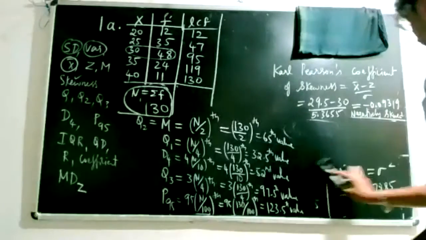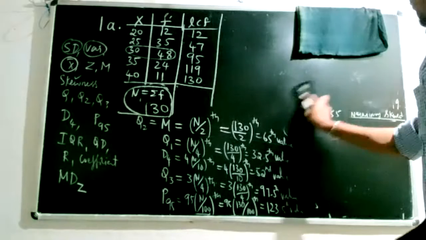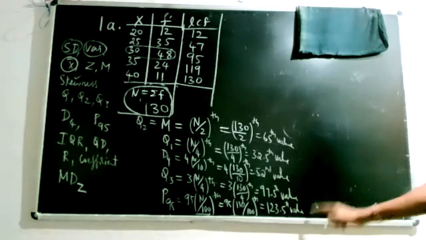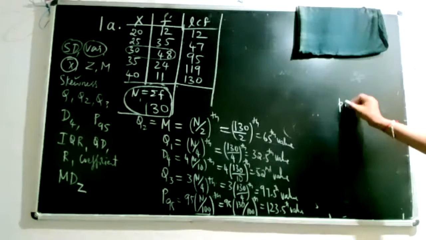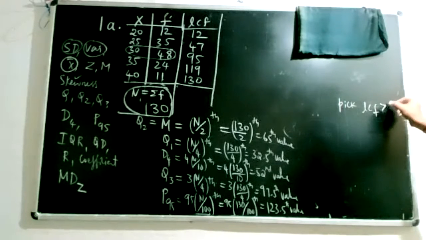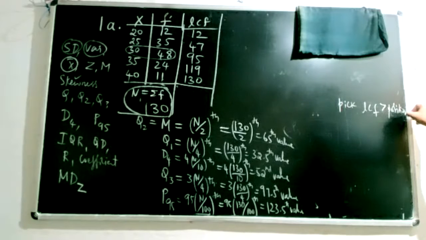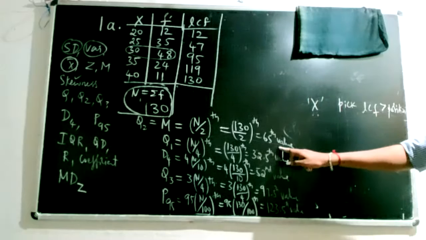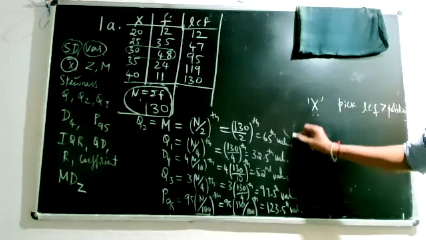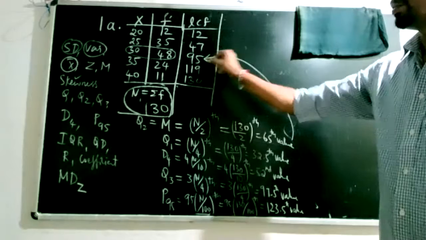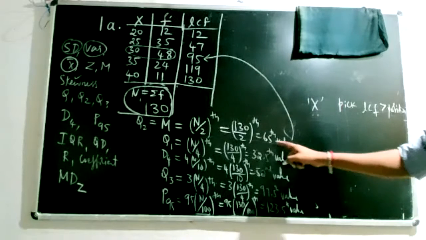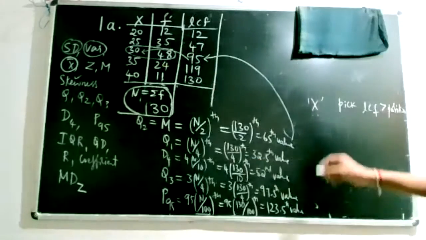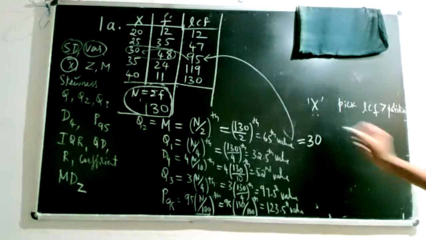Now comes the computed values of LCF. So we'll be using LCF to identify the partition values. What it says is, after computing the position, pick the LCF which is just greater than the computed position, and pick the respective value of our x. So first I have 65. Now LCF greater than 65: there will be several values, but you have to pick the immediate greater. So 95 is the immediate greater value of 65 here, and its respective value of x is 30. So the median is equal to 30.